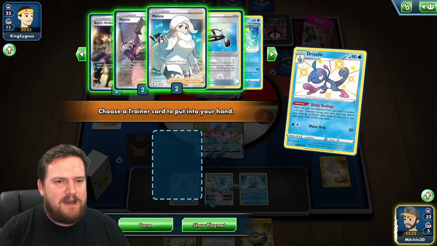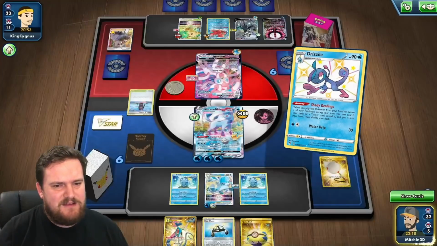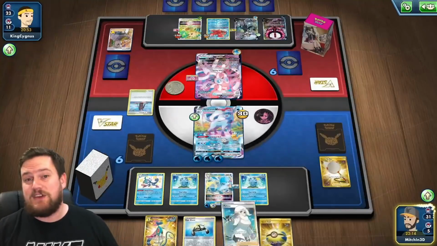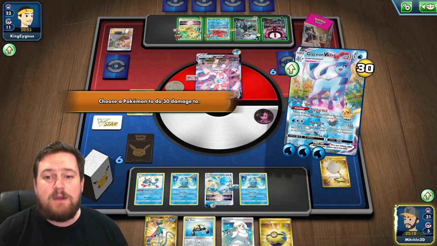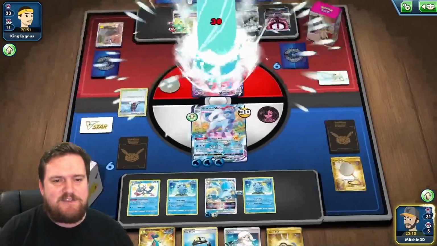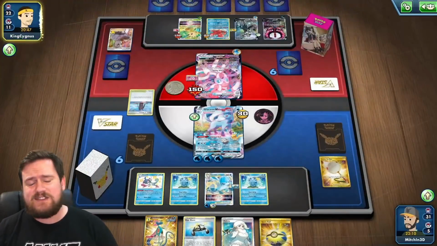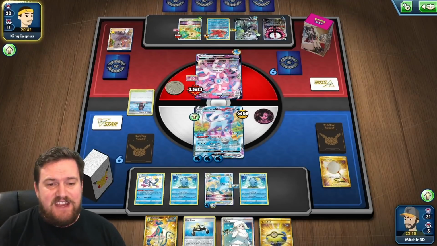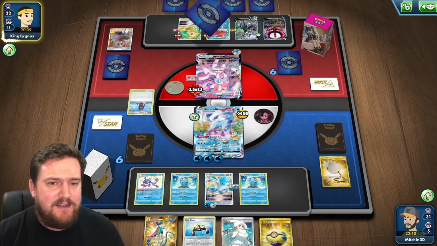We'll grab, do we have, I think we can just grab Melanie. I think that's fine. I mean, we don't have water energy, but if our opponent does take a knockout, which they may do, then Melanie is not a bad one. And then we can use Glaceon to attack for 150 into the active, 30 onto that Octillery. Next turn, Max Icicle will knock out either a VMAX Pokemon in Sylveon, or it will knock out the Octillery